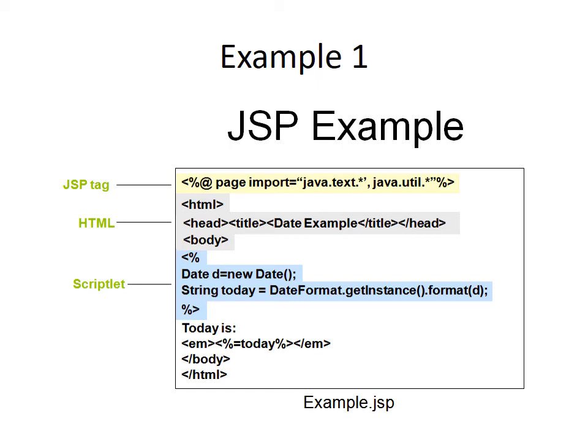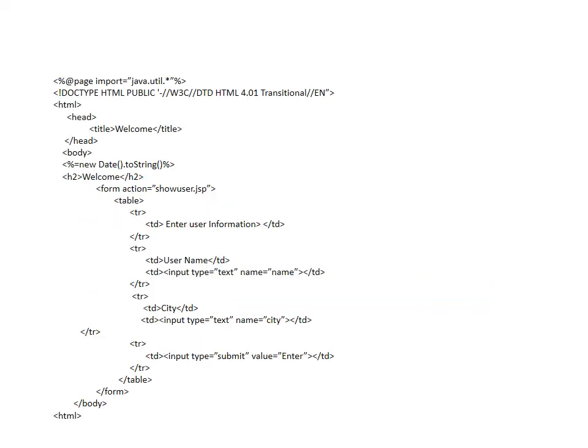Then I create a string from the object, and then I use a method here. If you see my object, I am formatting it, I am getting an instant. Of course, this is a cascading in the date format. Then today's date, whichever I've got here in the particular format, right? I'm saying print it here. See, I'm using an expression tag here. Are you finding? And then I close it.